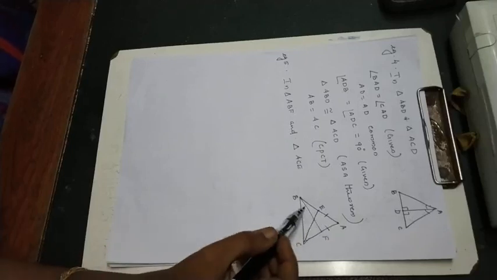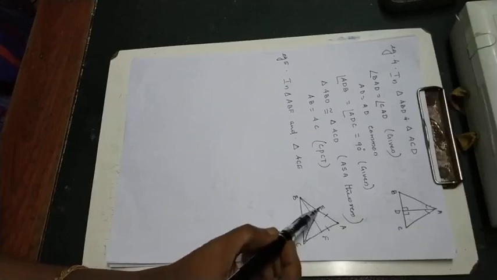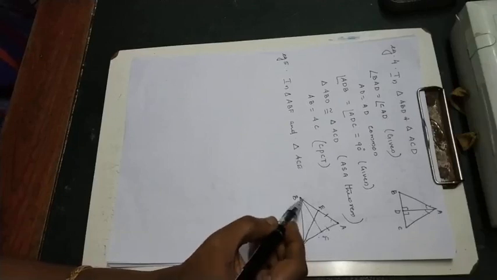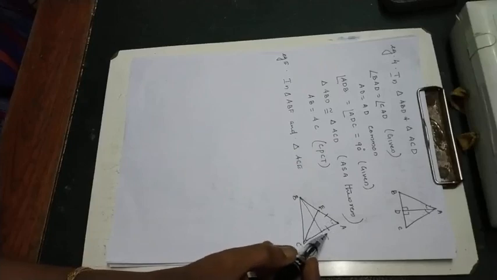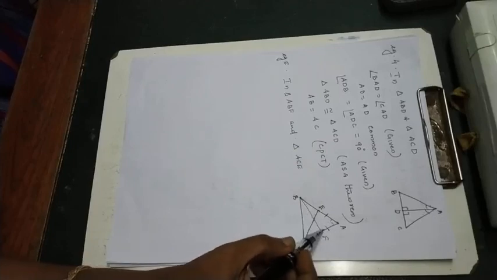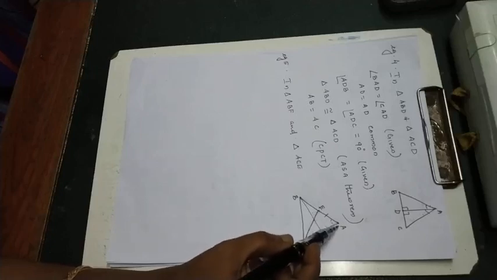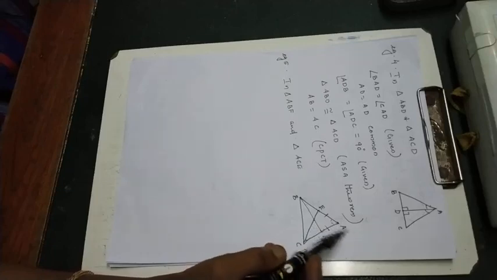In that one AB is equal to AC, that is given there in the question itself. AB is equal to AC, and this A is common to this triangle and this one. So angle A is equal to angle A, common. Then it is given E and F are midpoints of AB and AC. So midpoints means half of them will be equal. So AE will be equal to AF. So that is half of equal sides. So which two sides you got?